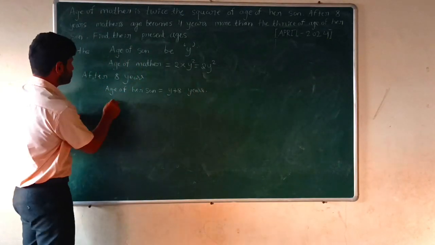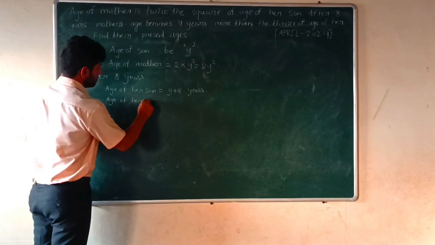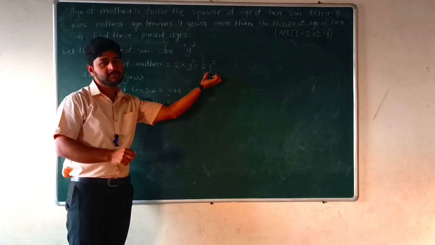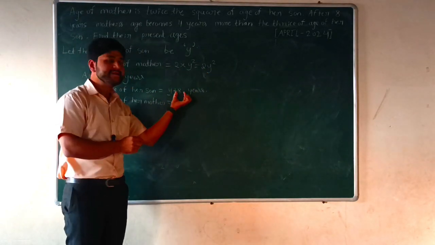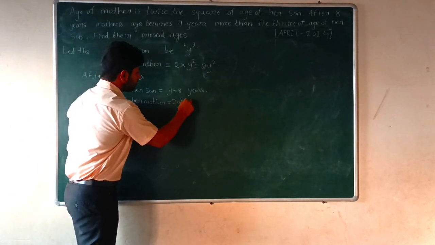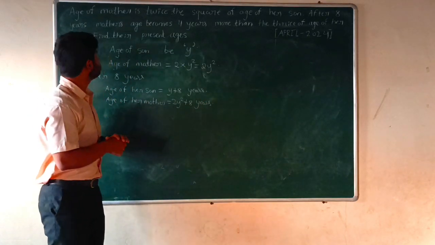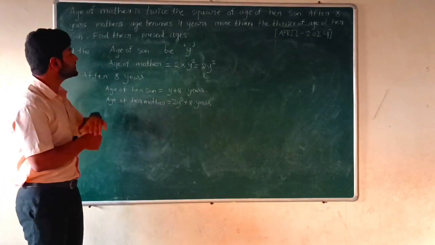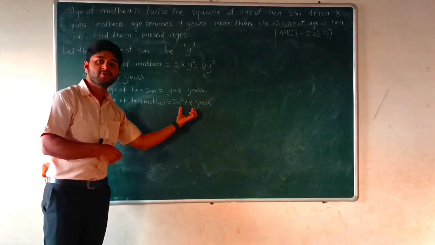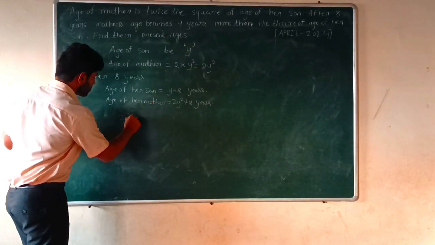So just like that, the age of her mother is, of course, present age is actually 2y square, but after 8 years, so as we have added 8 here, just like we have to add 8 here also, that is 2y square plus 8 years. Okay, and let's just continue. After 8 years, the mother's age becomes 2y square plus 8 years. So let me just write that. After 8 years, 2y square plus 8 years